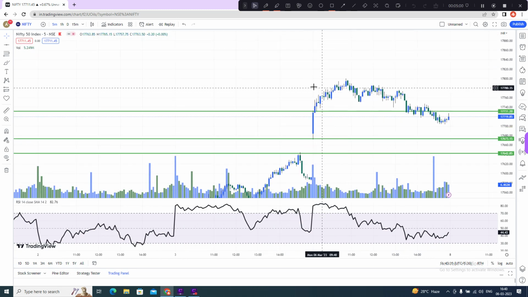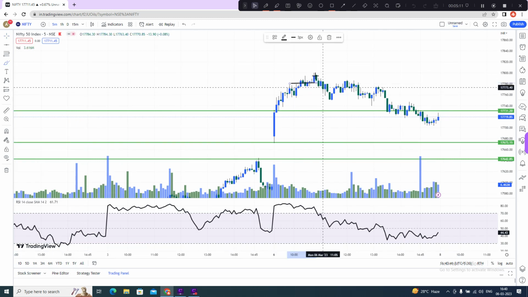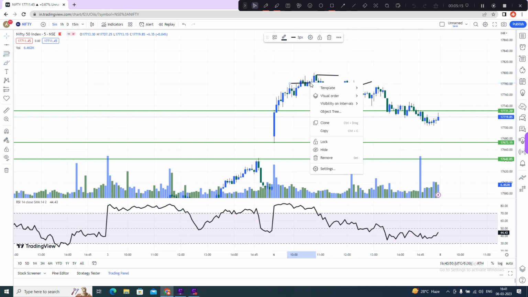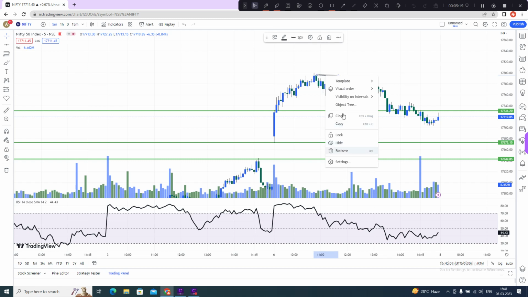Once someone is in profit, he can move the stop loss to the cost. So if somebody had entered here, then there were enough chances for exit. One could have exited at around here, anywhere, because the price spent a lot of time on the upside. And then again, what happened was